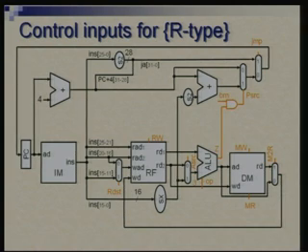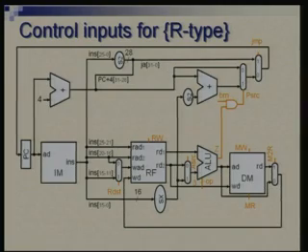So, you would recall that we had identified control points. So, since it is the same design, we have same points. Primarily we are controlling the multiplexers, we are controlling read write operation of memory, write operation of register file, and we had a gate controlling the PC source, so that the controller design is simplified. So, now what we need to do is look at each instruction or group of instruction and see what value needs to be given to these signals, what inputs need to be given.